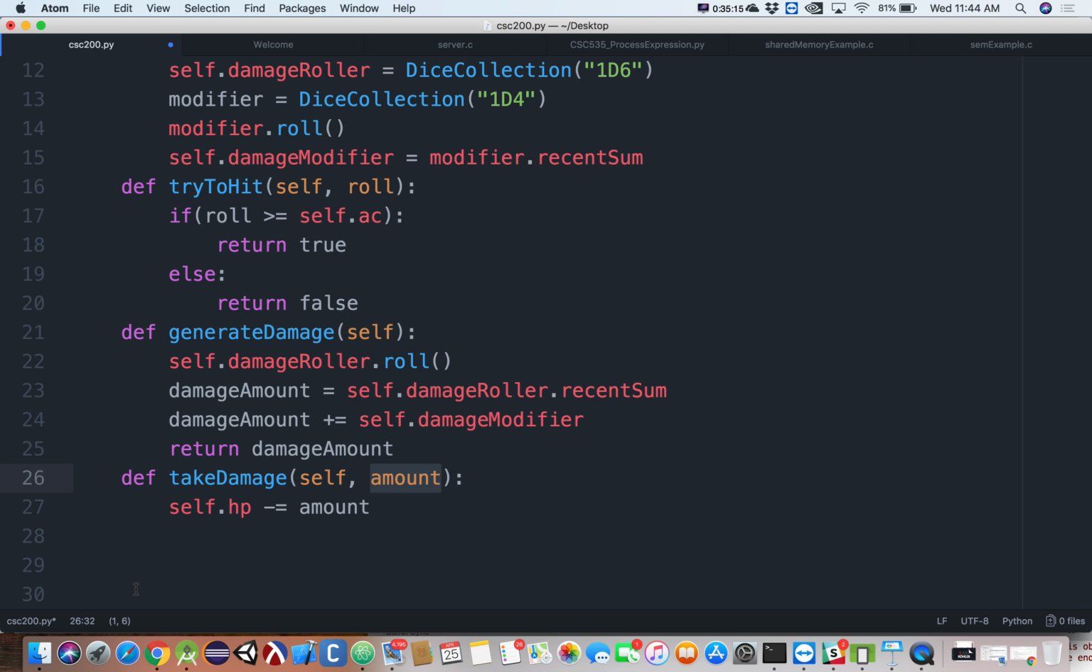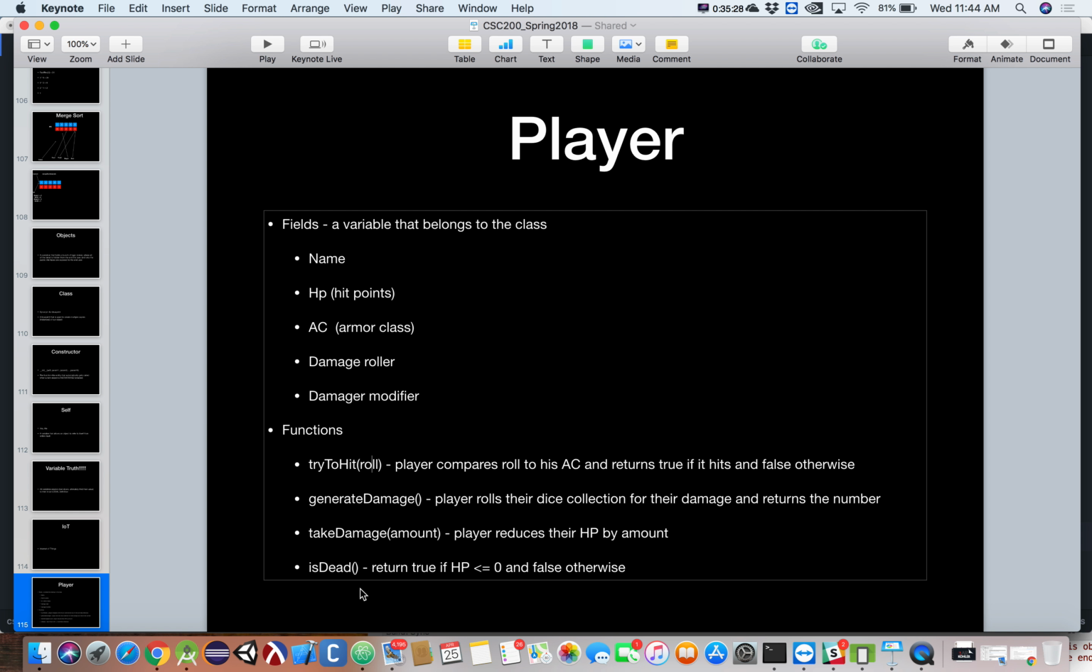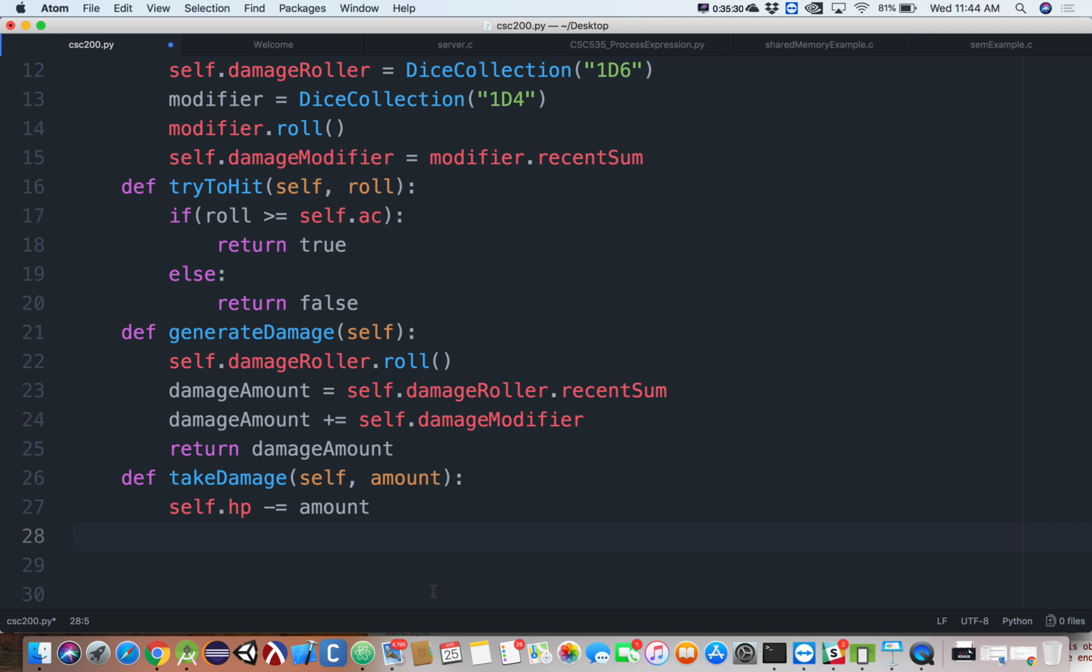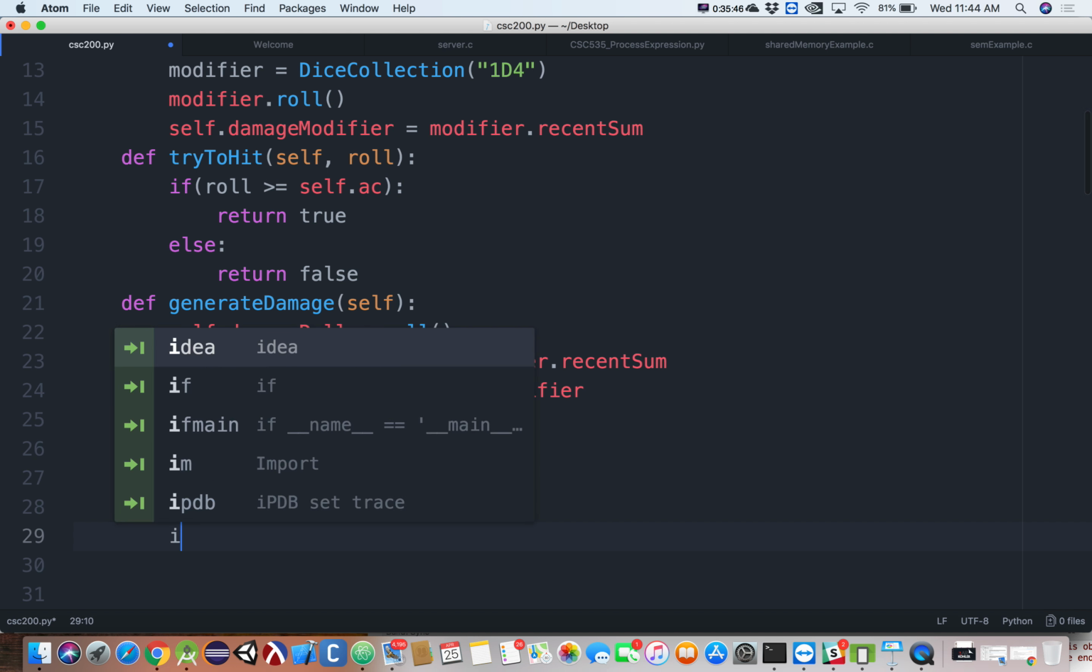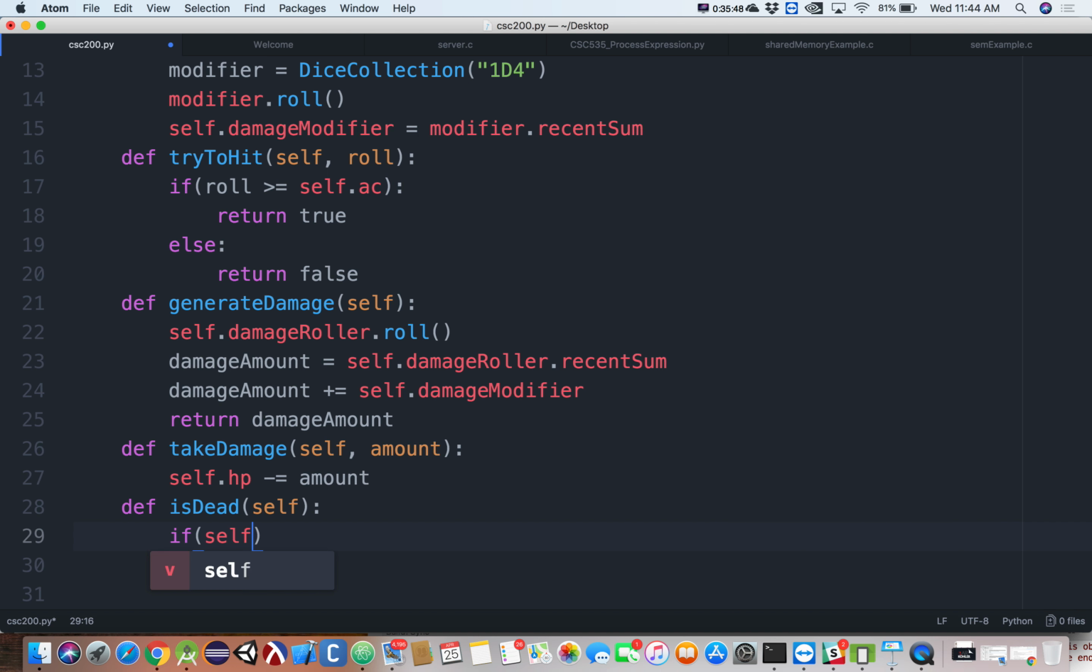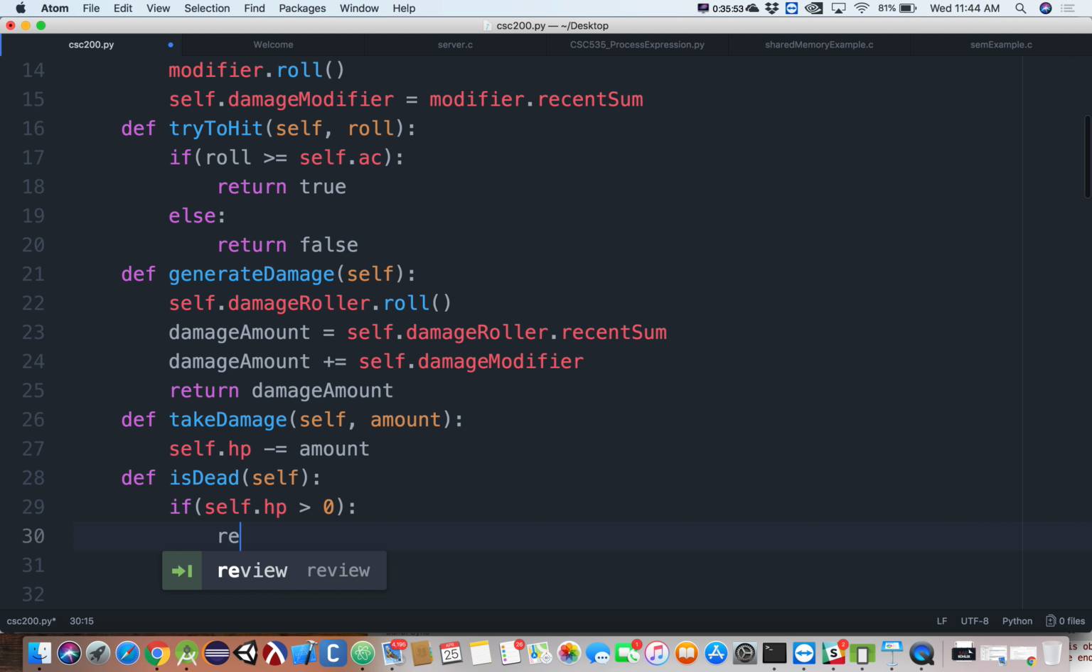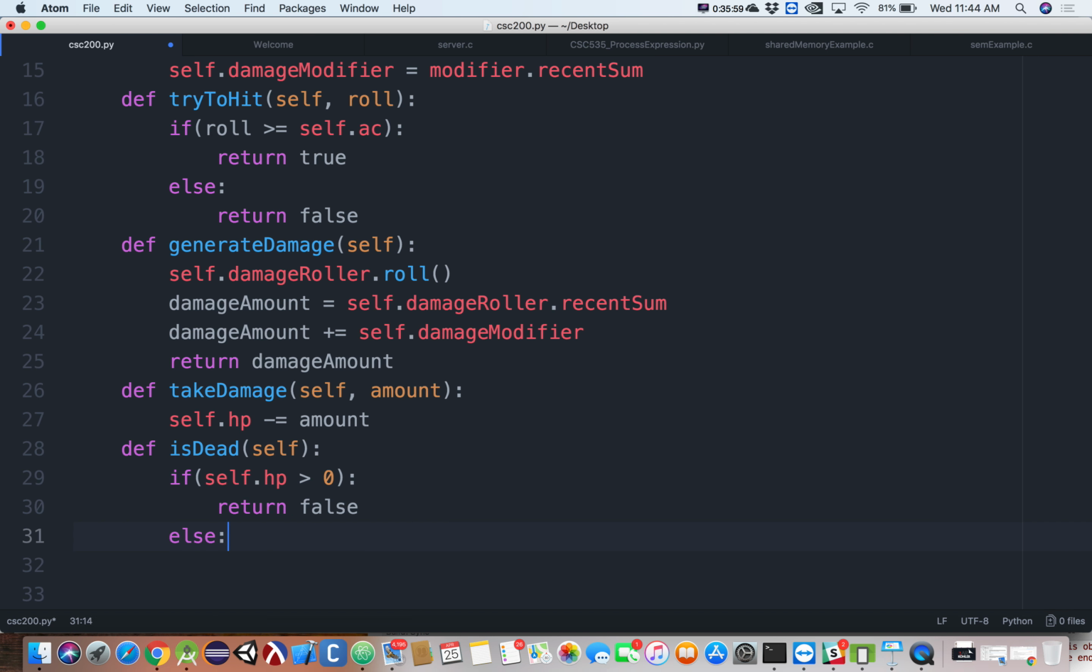Lastly is dead. It returns true if your hit points are not greater than 0, and false otherwise. If your hit points are greater than 0, you're alive, so you return false. So we'll say def is dead. We'll ask the question: if self.hp is greater than 0, then I'm going to return false. I'm not dead. Else,